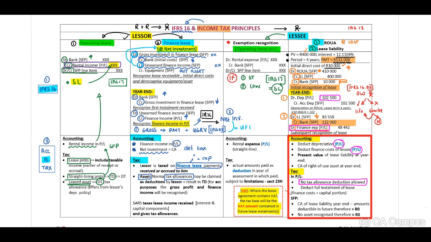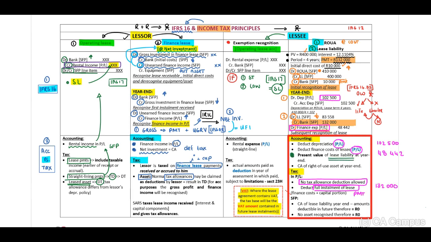Guys, you see, we may not claim a tax allowance, but we can deduct the full installment of the lease, the actual payment of the lease. Therefore, this 132,000. Our depreciation is the 102,500. Our finance costs 48,442. Now, in terms of our deferred tax, included in our deferred tax, we will have a line item, our